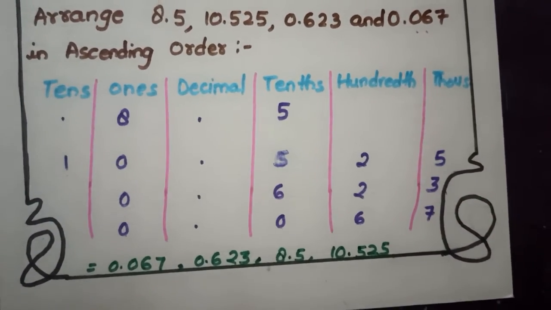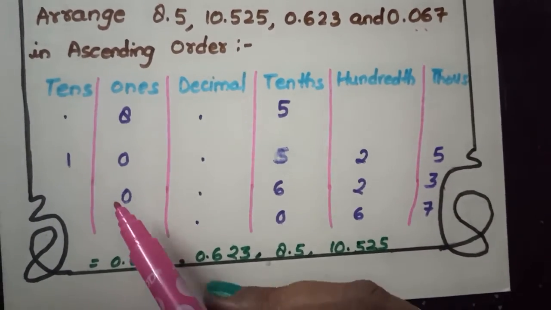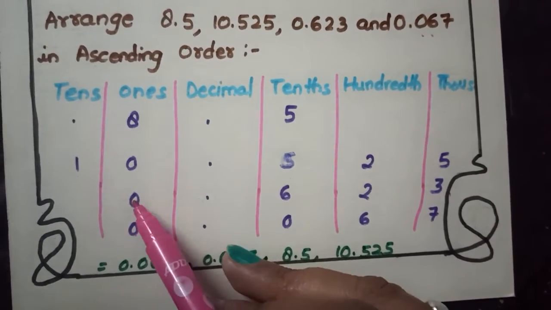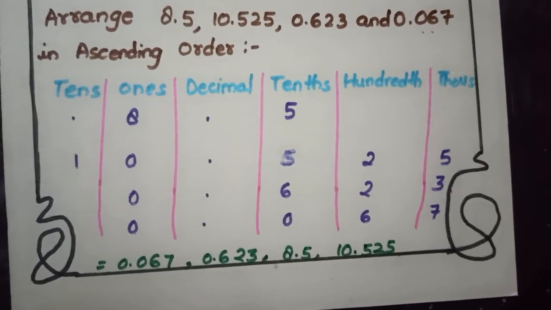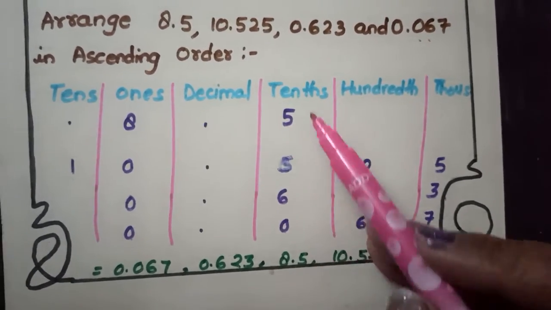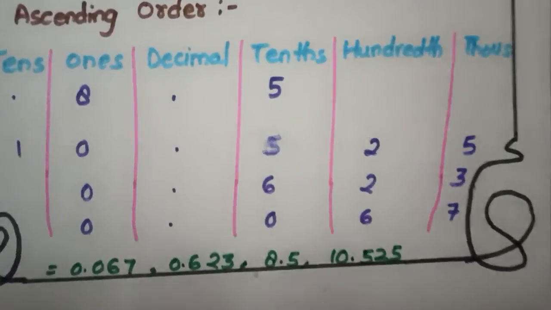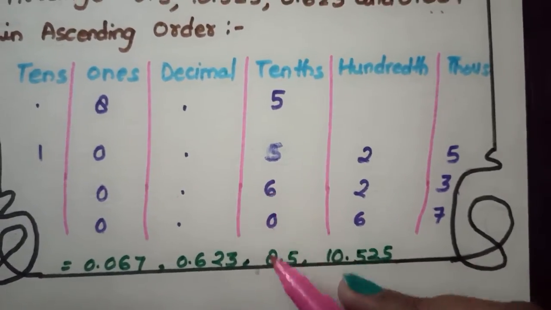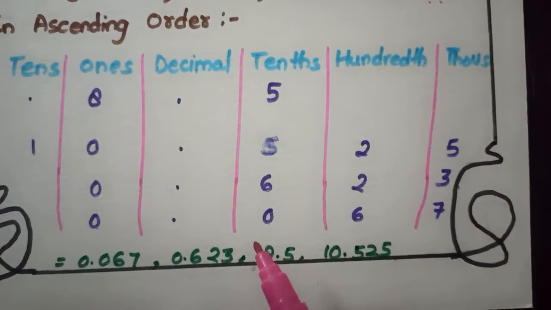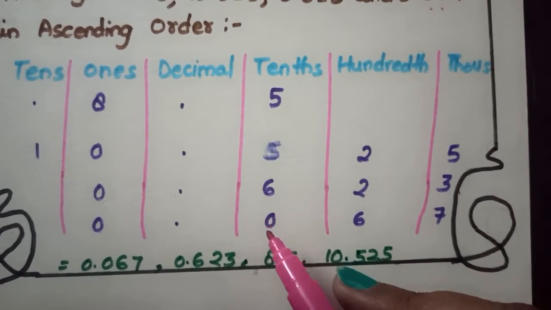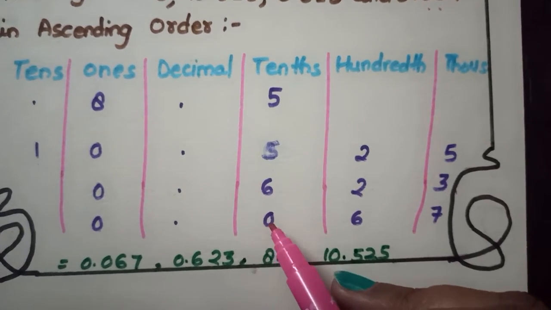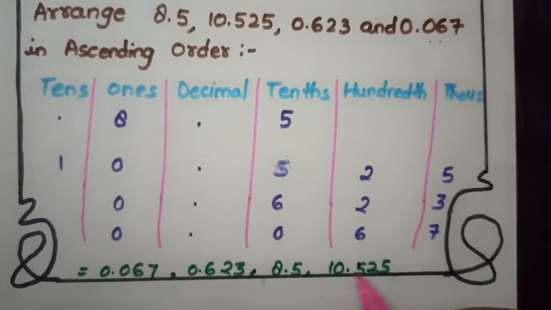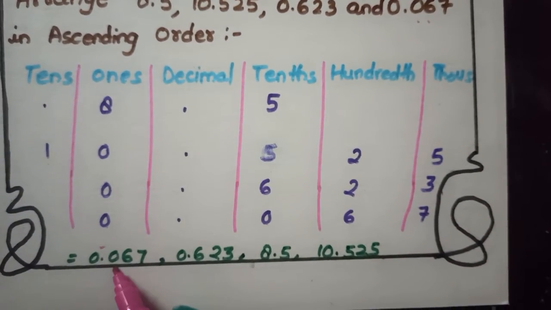Now we will just look at the numbers arranged over here in this table, and we will come to know very easily which number is smallest. See, this is 10, this is 8, this is 0, this is 0. So among these two numbers, one number will be the smallest. Now let us come to this row. Among these two numbers, we have 6 and we have 0. So this is 0 and it will be the smallest number. So this whole number is the smallest one. So I have written it down over here.